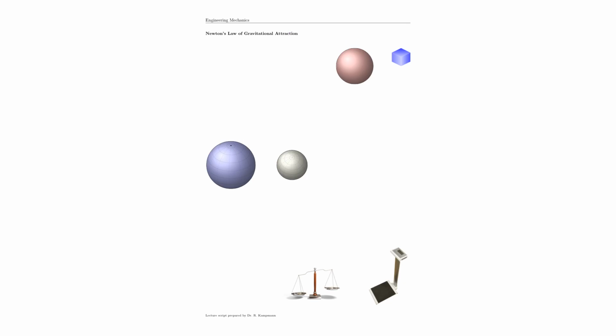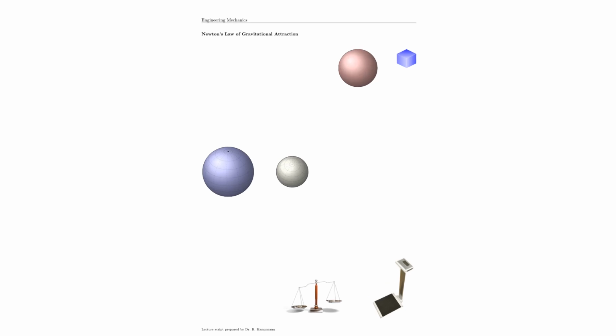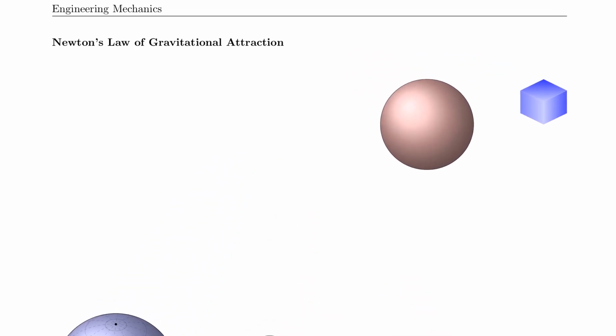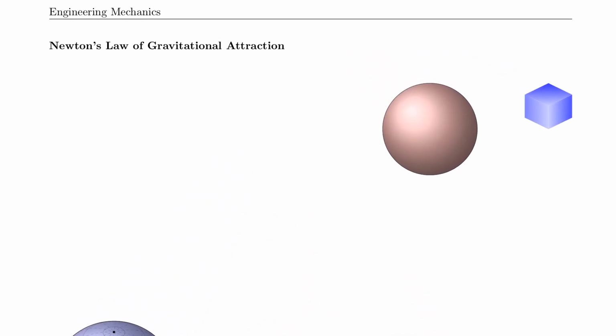All right, let's now take a look at my favorite Newton's law, the law of gravitational attraction. And for that law, we have probably heard before that everything attracts everything. That, of course, is not very scientific, but we're trying to say that if you have two objects, for example,